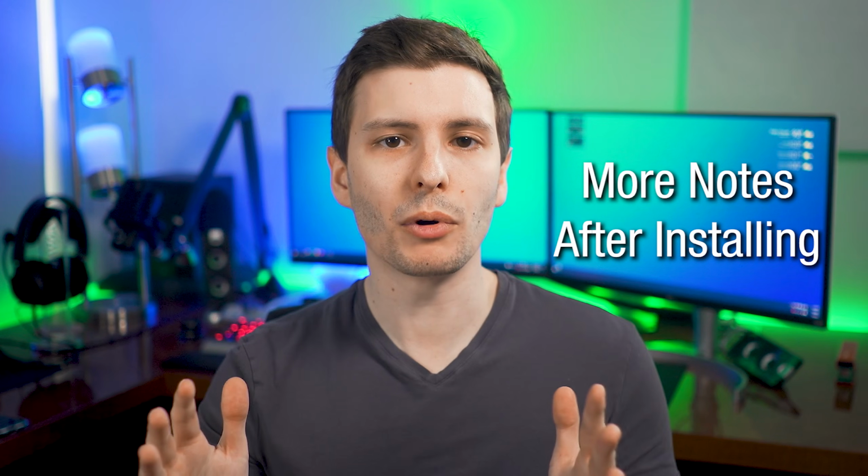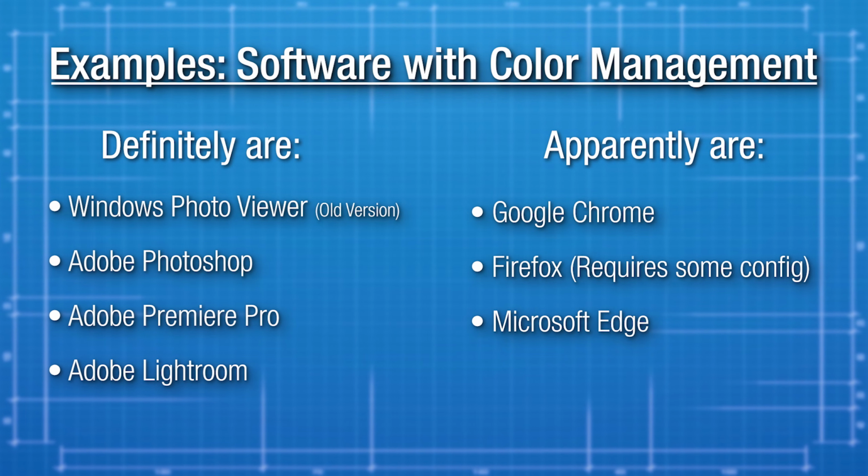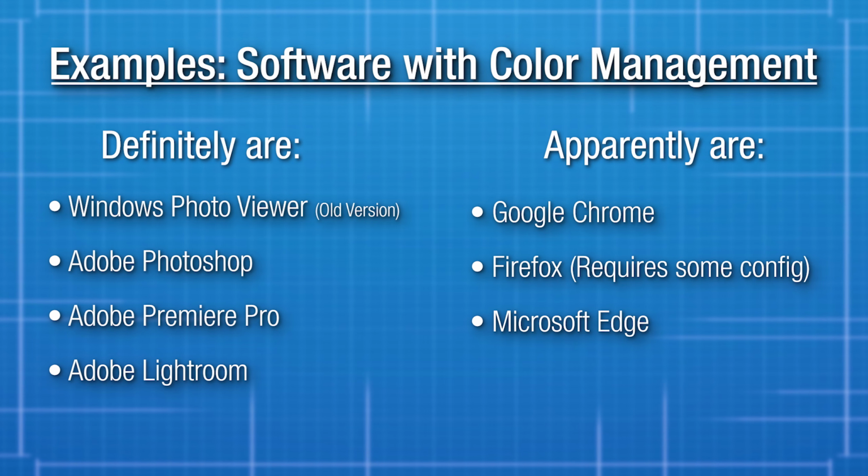Now, even after you enable a proper profile for your monitor, you're probably not going to notice an immediate difference. It's not like anything on the desktop is going to change colors immediately, because we just changed the color gamut of the monitor that Windows knows it has, which it was pretty much already maxing out in the general desktop anyway. Like I said, it's only really going to make a difference if the software you're using to display some kind of image is actually color managed, and not every program is. It's basically up to the developer if they decided they're going to be working with color sensitive images and stuff like that. So not everything is going to do that though.